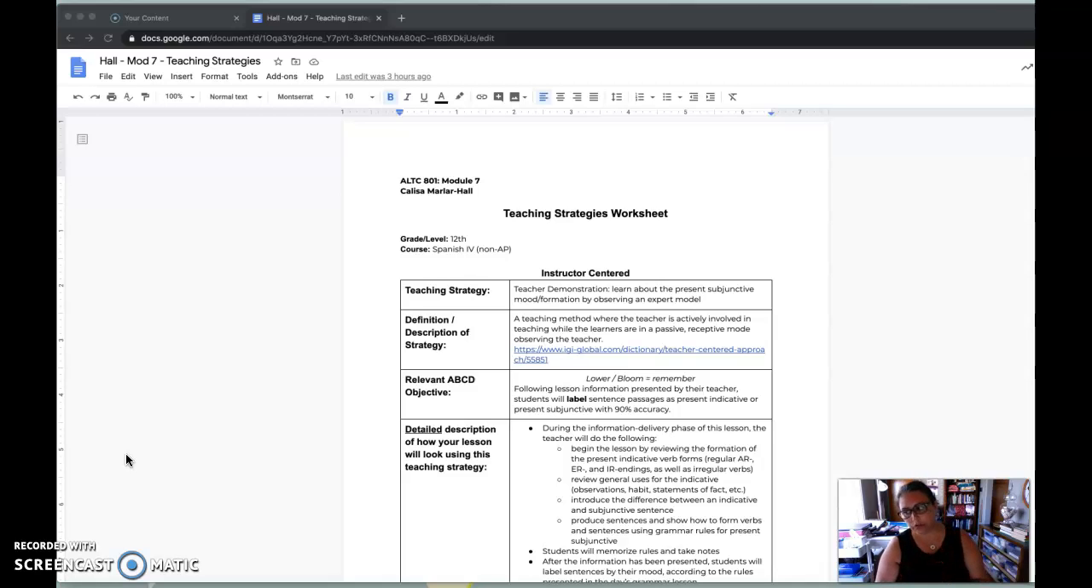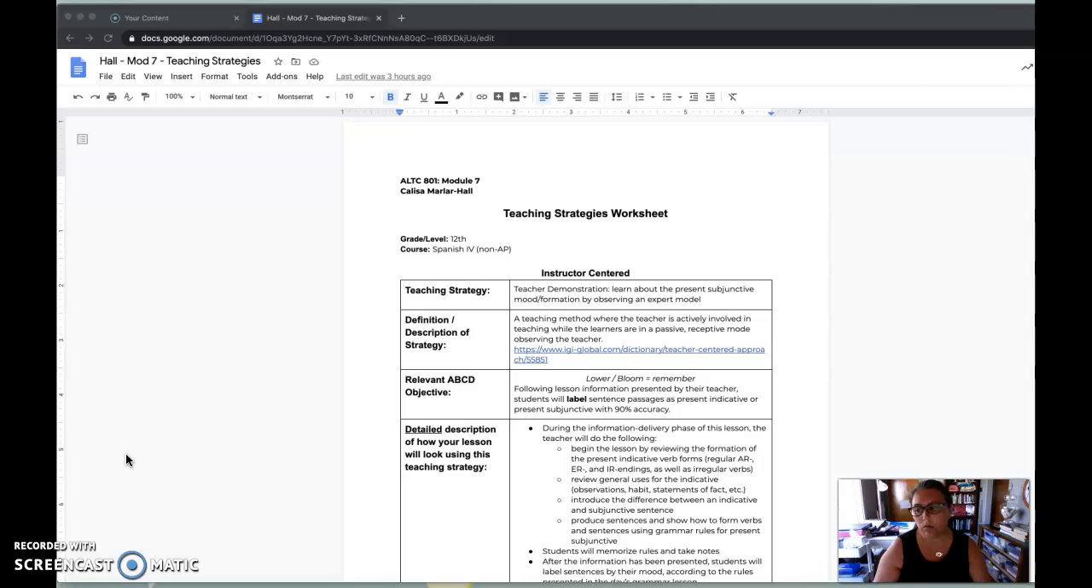And so my 4 teaching strategies that I chose to teach the present subjunctive: for instructor-centered, I chose teacher demonstration because there's a lot of evidence in foreign language teaching that comprehensible input that's teacher-centered is actually really helpful there at the beginning. You want a lot of comprehensible input, so teacher demonstration is actually a pretty good strategy for students in foreign language study. For interactive, I chose group project because with 21st century learning skills, it's really good to have that